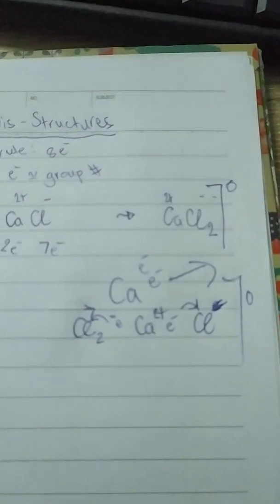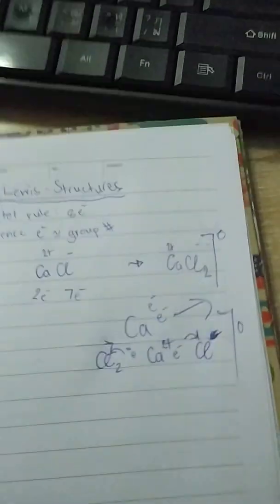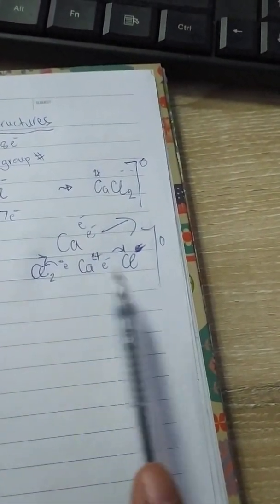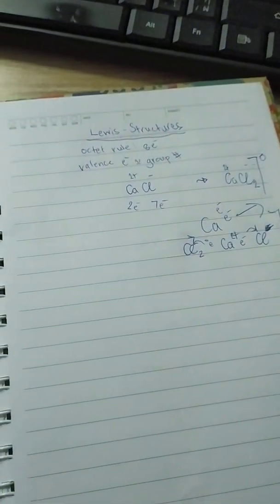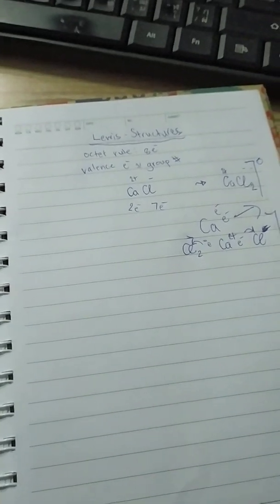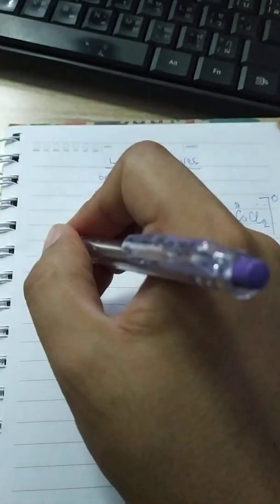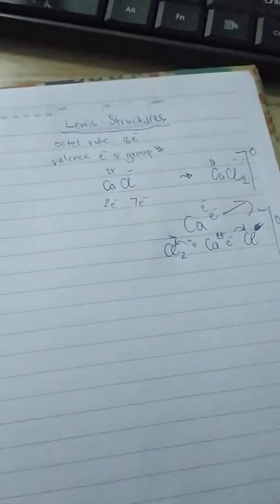What I'm trying to show you here is the octet rule. Still the octet rule applies. Now calcium is going to have 0 valence electrons, and each of the chlorines is going to have 8 valence electrons. Now what happens if I have a compound that bonds with organic covalent bonding? What will happen there? So let's have a look. If I take a compound, for example, I take something like, just hold on,